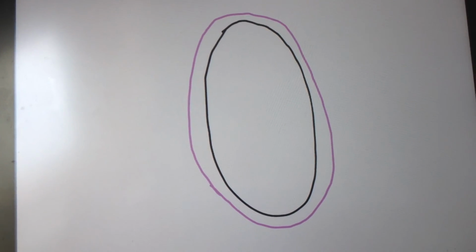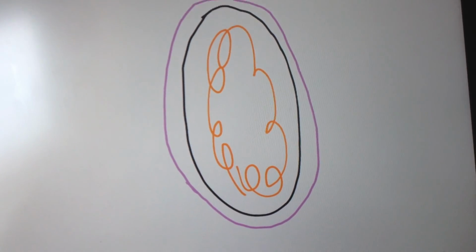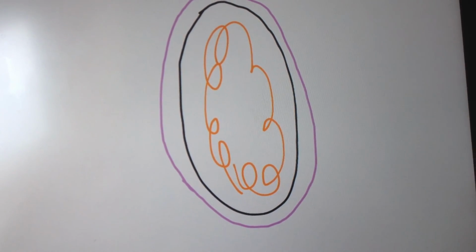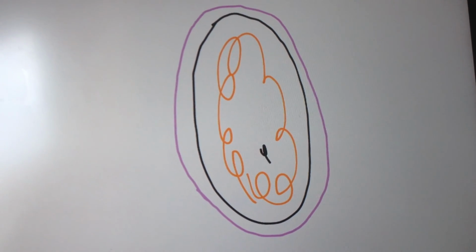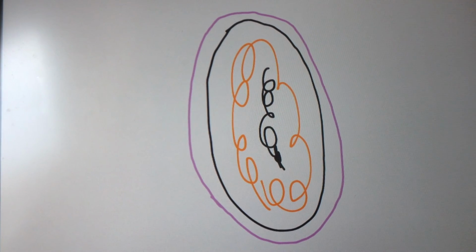Inside the cytoplasm, the DNA drifts around. This is because it does not have a nucleus. Instead of a nucleus, everything is just freely